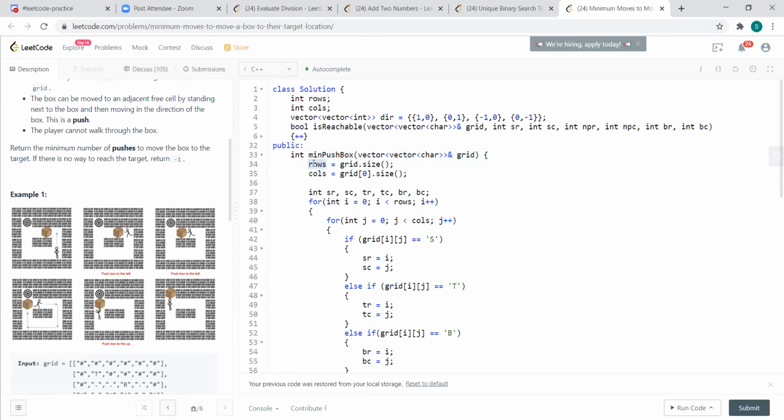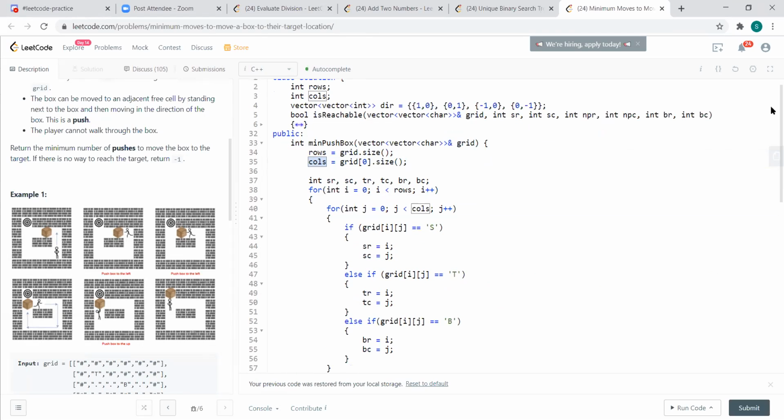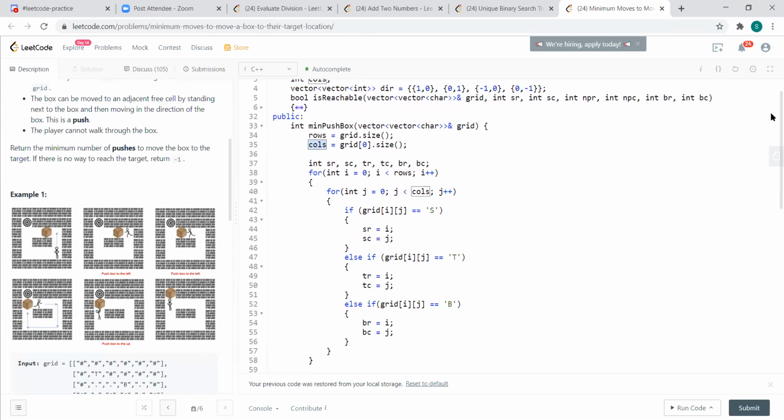I'm extracting the rows and columns, and going through the whole grid to extract the positions. S is the player, T is the target, where I want to reach, and B is the box. SR and SC are the row and column positions of my player, TR and TC are the positions of the target, and BR and BC are the position of the box.